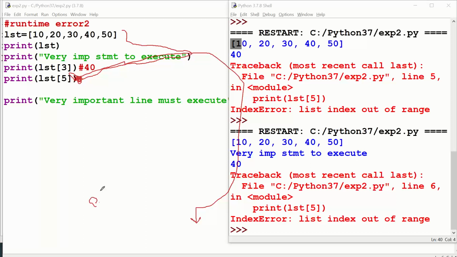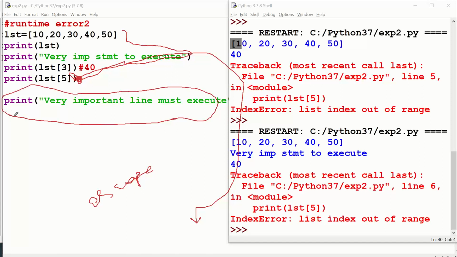In layman terms, what we call escape is: it escaped without executing the other portion of the logic. This is a very important point we have to understand. Whenever the interpreter cannot execute some statements, it will silently jump out from there.